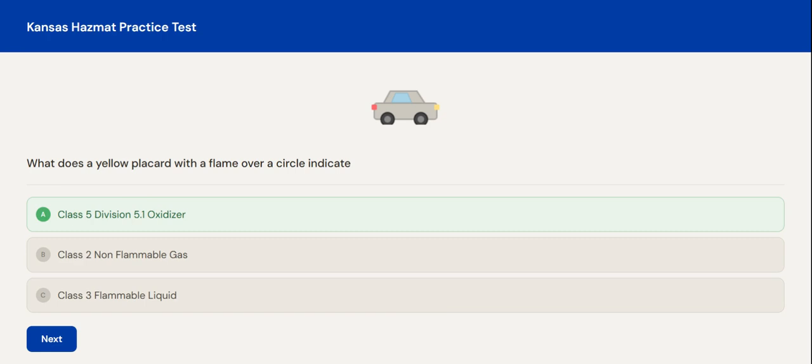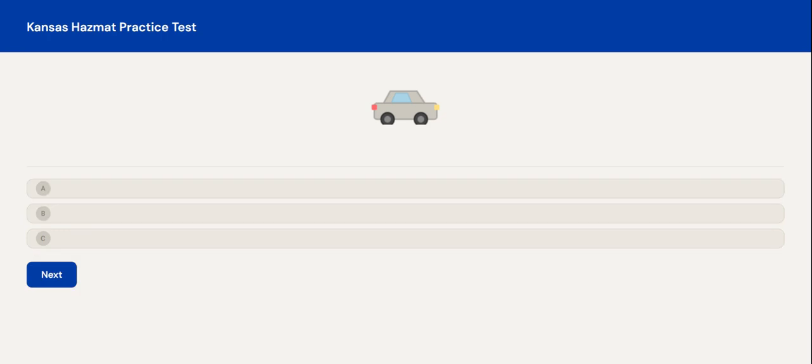What does a yellow placard with a flame over a circle indicate? Class 5. Division 5.1. Oxidizer. Oxidizers provide the oxygen needed for other